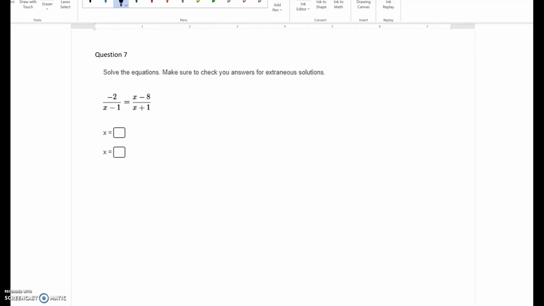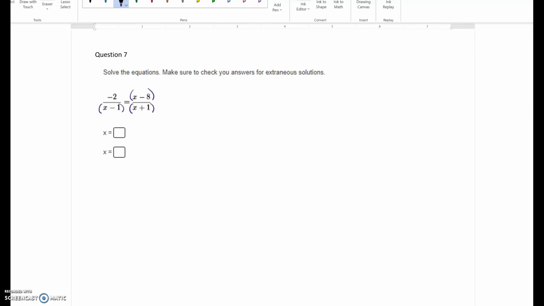Question 7 for the solving problems. There's two ways to solve. If you have fraction equals fraction, you can cross multiply. So in this problem, we're going to cross multiply. The first thing that you should do is protect all of your numerators and denominators that have addition or subtraction